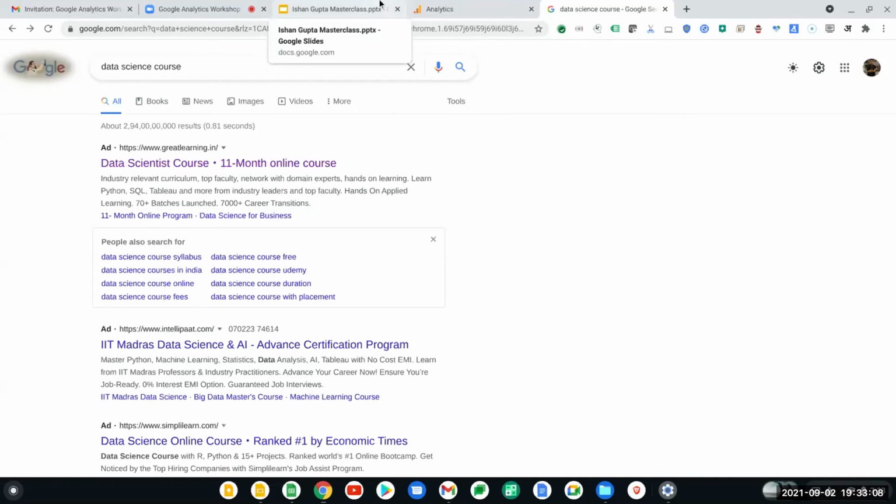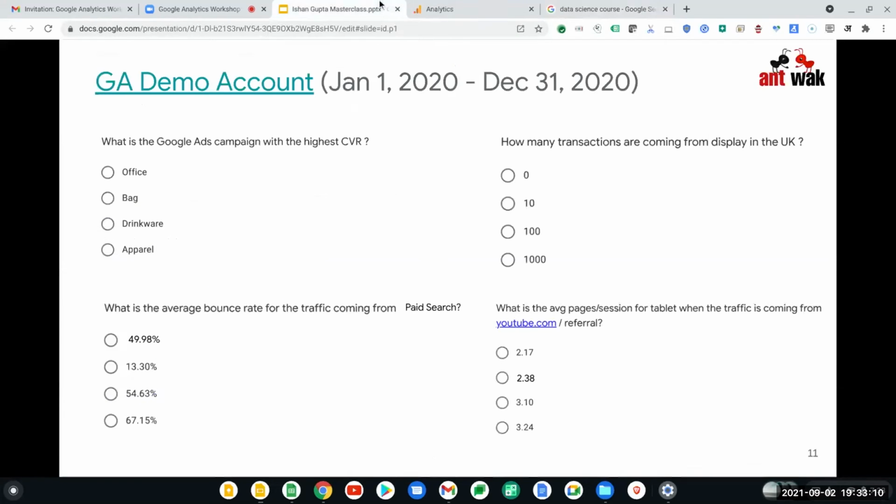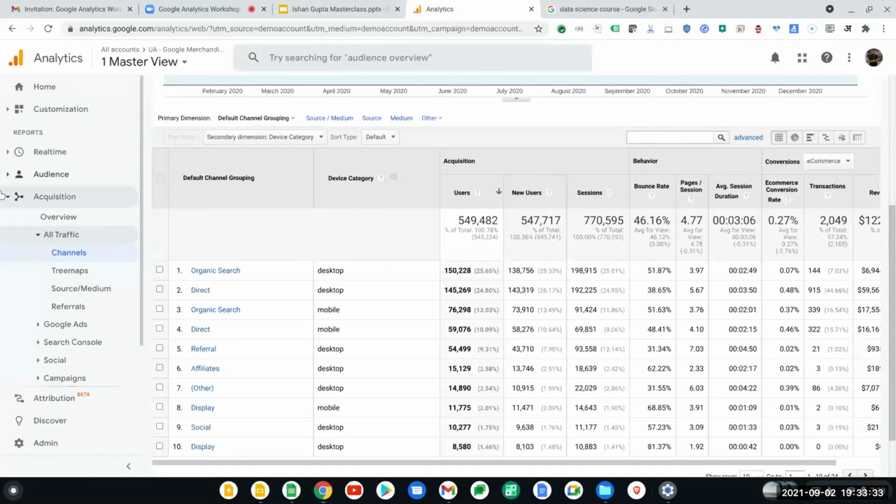Okay, let's move on to the third question. The third question is, how many transactions are coming from display in the UK? So where can I find this? In the acquisition, and we go on to display, all traffic.